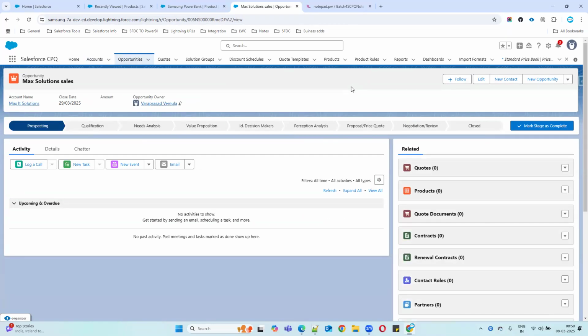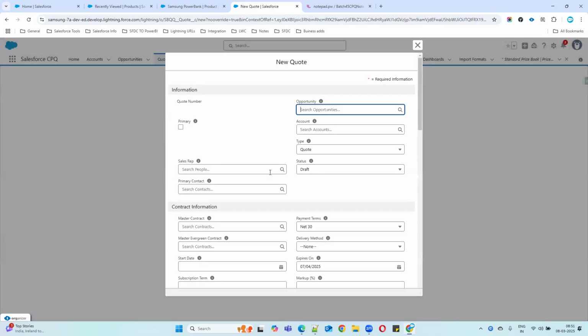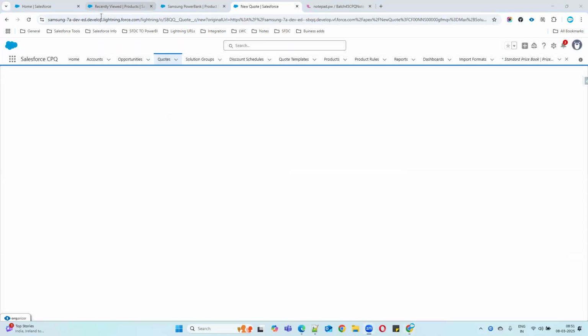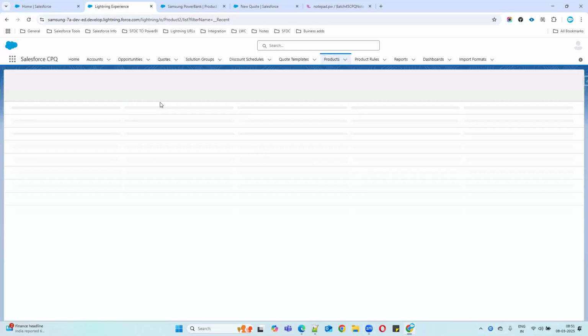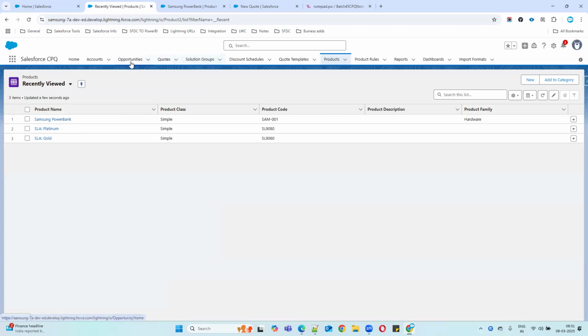If you click on New Quote here, this is CPQ, a quote object, right? So it will open the quote report. Why is it taking this much time? Okay, now if you observe here, before creating it, generally if you go to the opportunity,